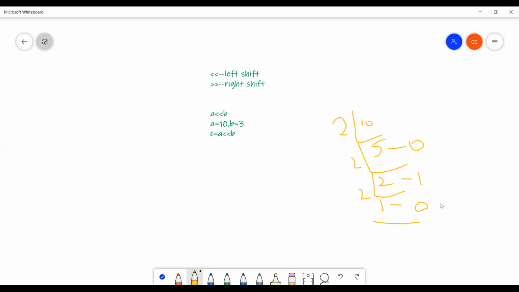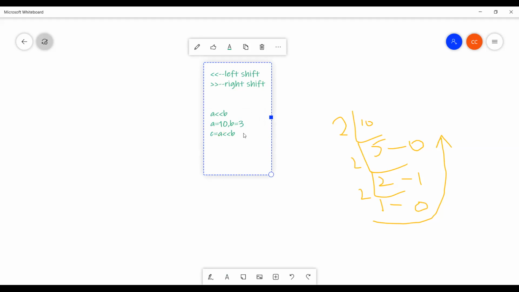So what is the binary value for 10? That is 1010. Here A value is 1010.